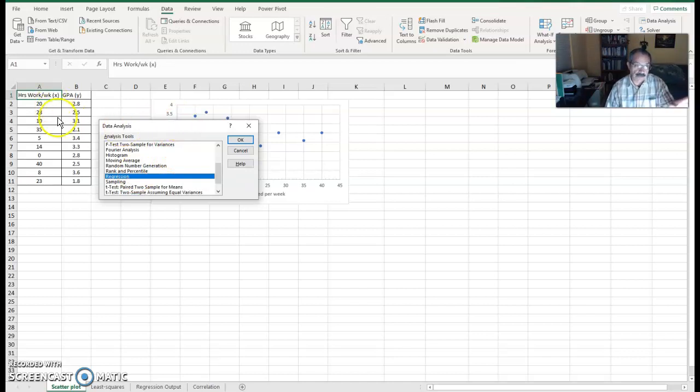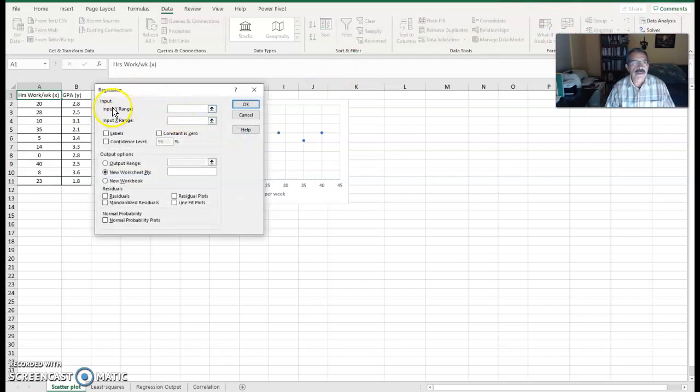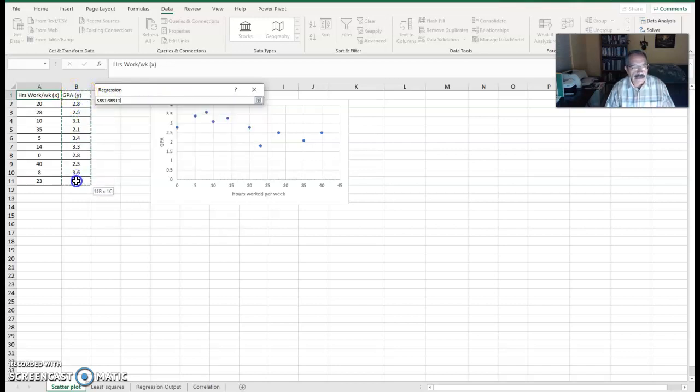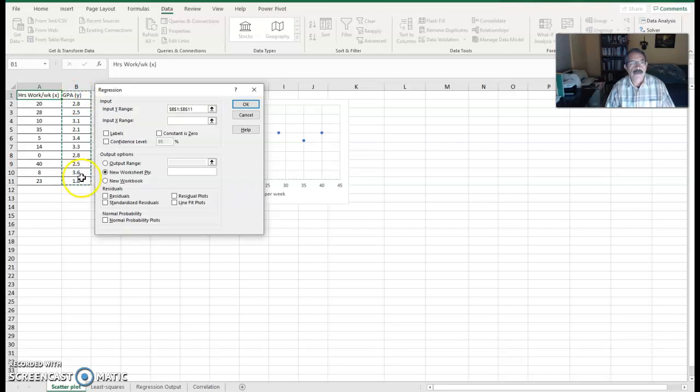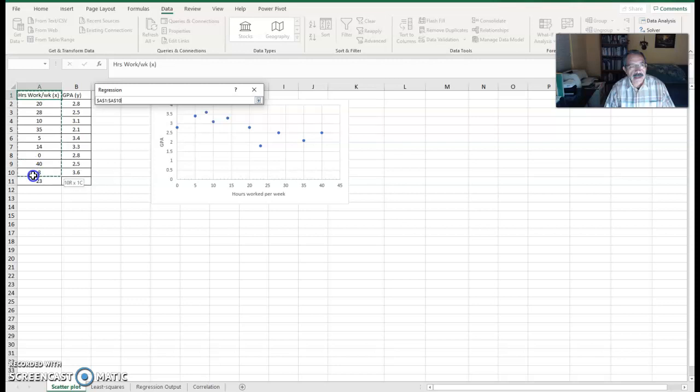Remember, please open the data first. Once you open the data, then go to data, then go to data analysis. Once this window is open, select regression, click OK, and then it's asking you for the input Y range. So the Y variable is right here. So with the cursor blinking on that window, you click here, drag it down until the very last row, then click on the next window to enter the input of the X variable, or the range of the X values. So again, once the cursor is blinking here, click here, drag it down to the very last